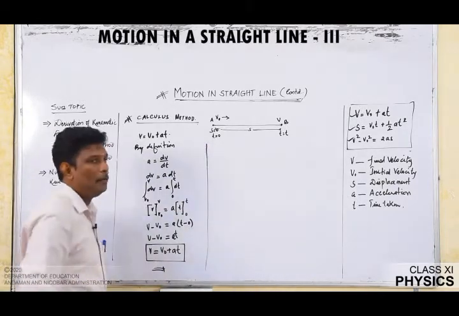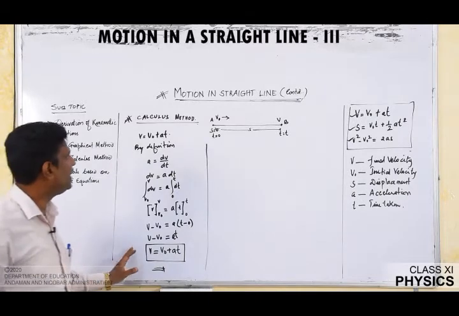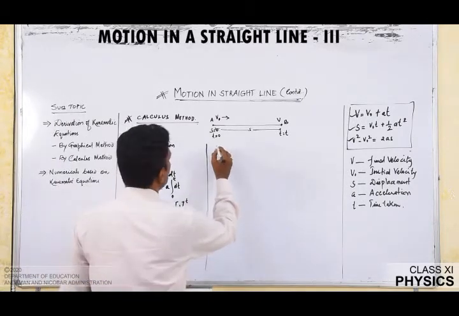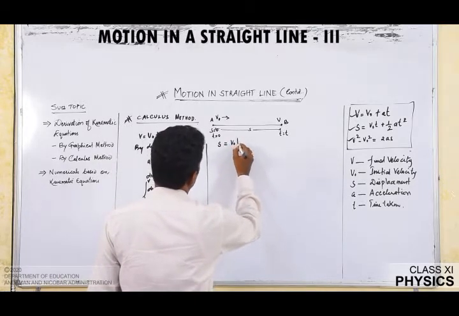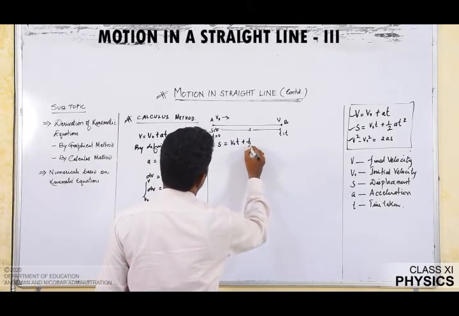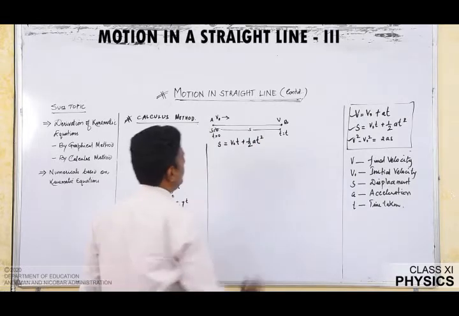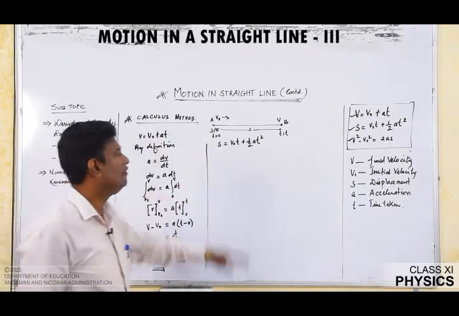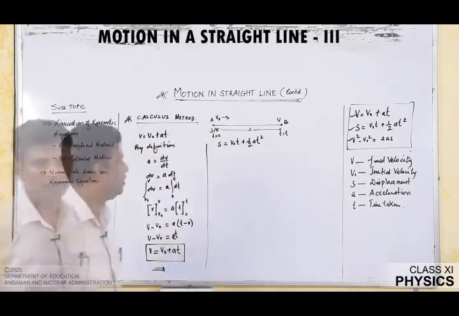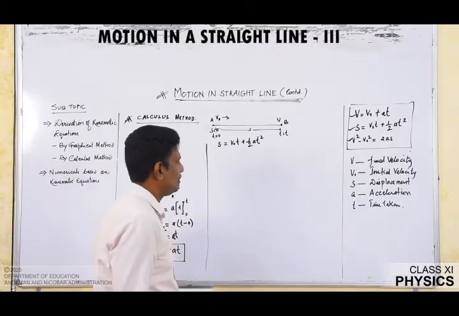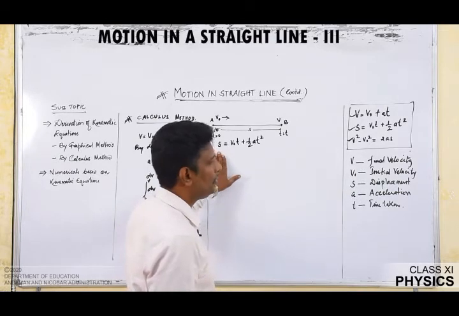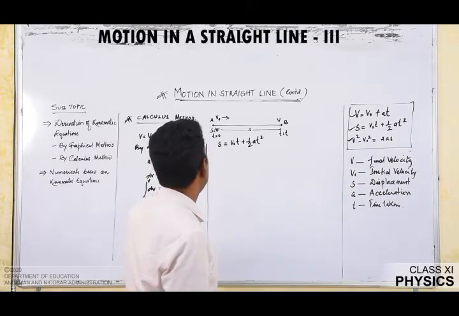Now, we shall proceed with the second equation. What is the second equation? S is equal to V naught t plus half AT square. This second equation we need to derive now. Okay. Second equation, that is S is equal to V naught t plus half AT square. Since it is related to the distance, we can write